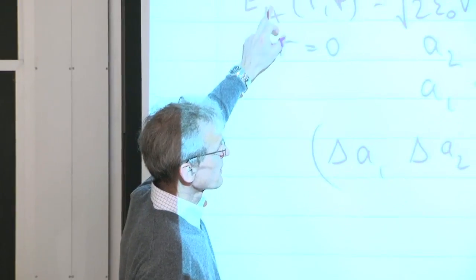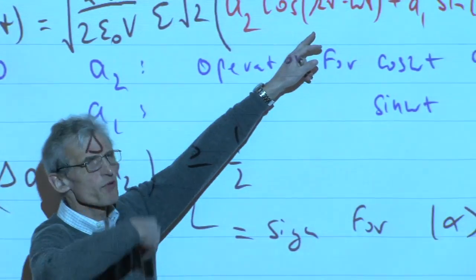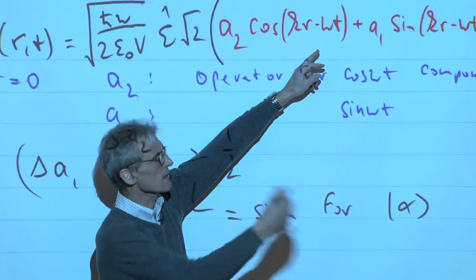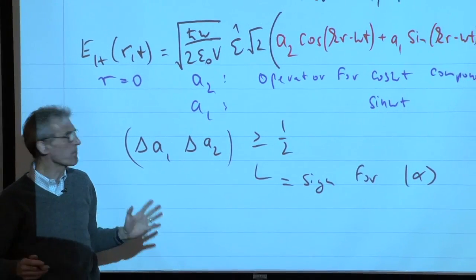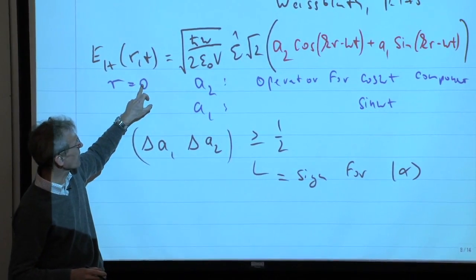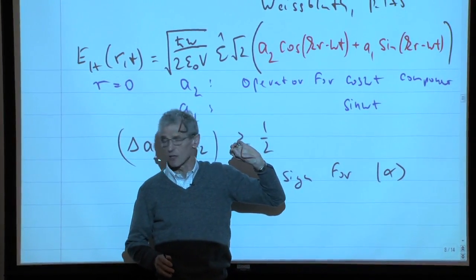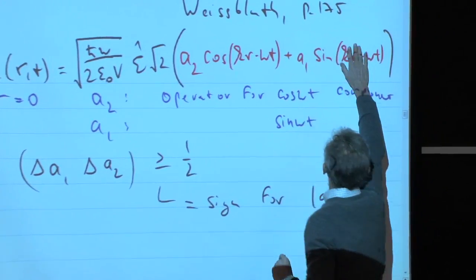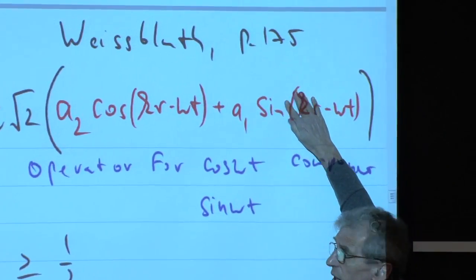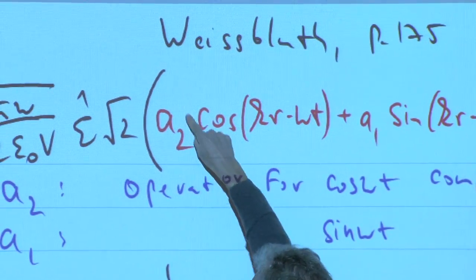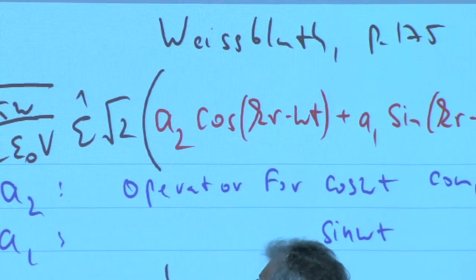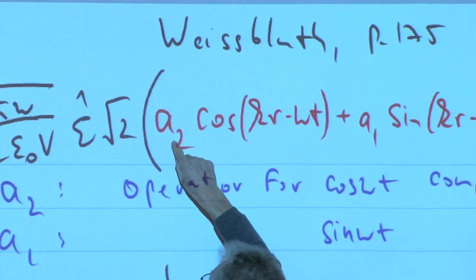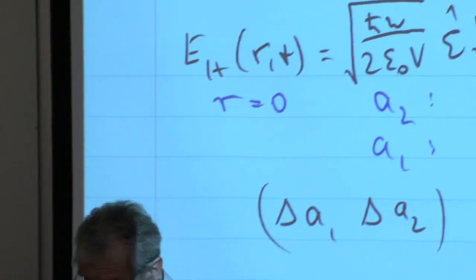So therefore, if we look at the electric field, everything moves around periodically in r because it's a traveling wave, in t because it's an oscillating wave. So let's not confuse things. Let's simply pick r equals 0. We've already done that. But now let's pick t equals 0. At t equals 0, the sine omega t is 0. And therefore, the distribution for A2, the expectation value, and the variance for the quadrature operator A2 can be simply read off by looking at the electric field.